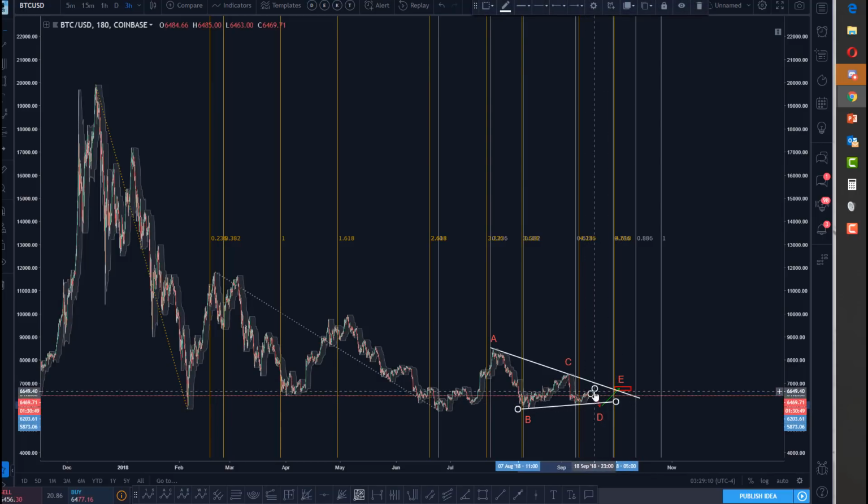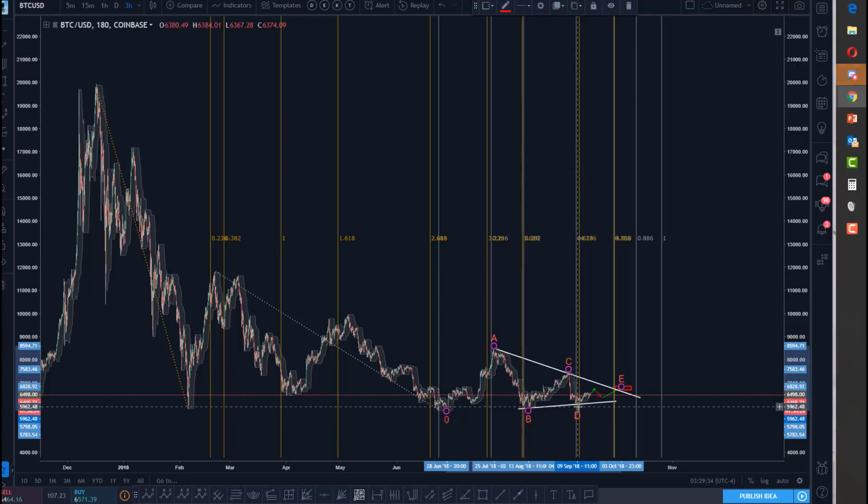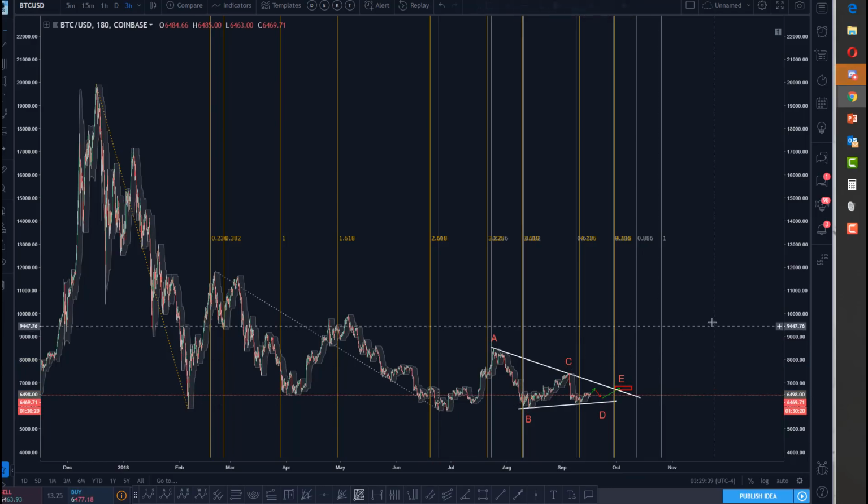And it's not like this. Now we're going up for the E. Maybe something like this. And it's a very ugly sideways E, much like this was as a C. It is possible. But from an Elliott standpoint, where I'm leaning towards is I think this is the D in progress, because if this is the D here, it's just too short relative to the C in time for it to be credible. I think what's going on is the latter, the way I had it before.